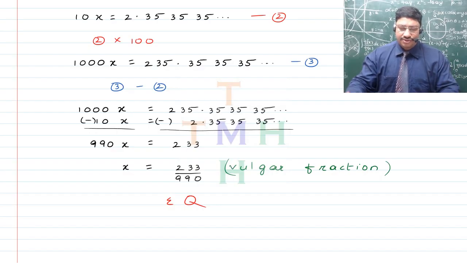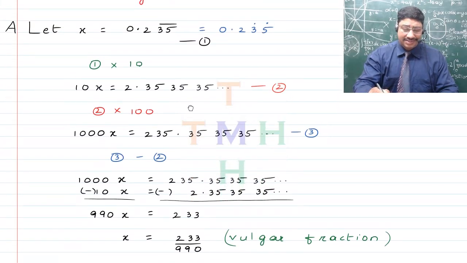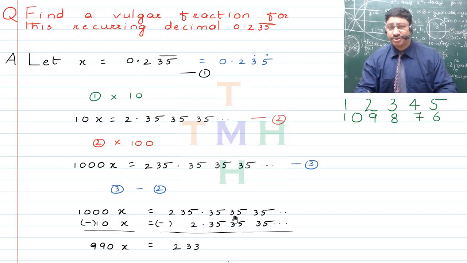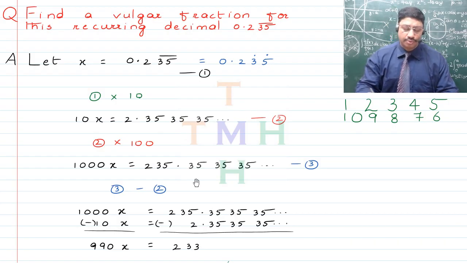Now children, as you know, I'm going to give you a second explanation so that I am able to ensure that everything has been understood without any ambiguity. So what I do is, first I consider this number which has to be converted to a vulgar fraction, a recurring decimal, to be say some x. So x becomes equal to